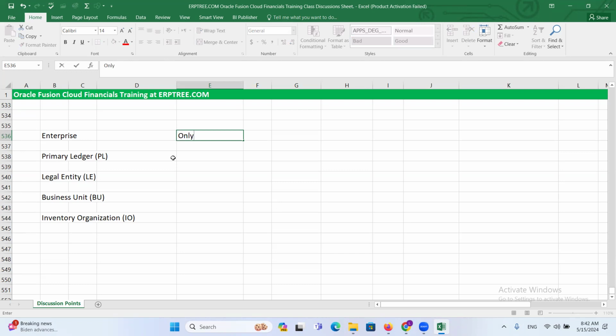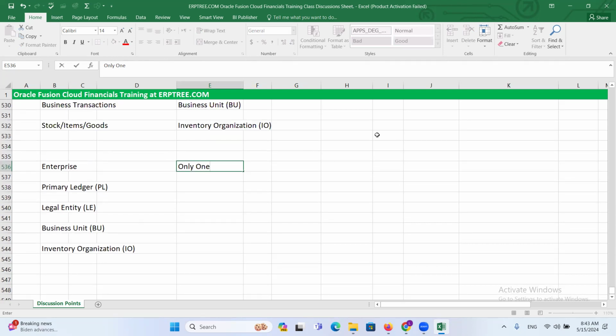The purpose of the enterprise is employee information, but we are going to have only one. Take an example where the client is operating the business in 10 countries. Now the employee information of 10 countries you have to maintain within the same system. When you maintain the 10 countries' employee information in the same system under the enterprise, how do you segregate each country's employee data? To segregate each country's employee data, we have one concept called